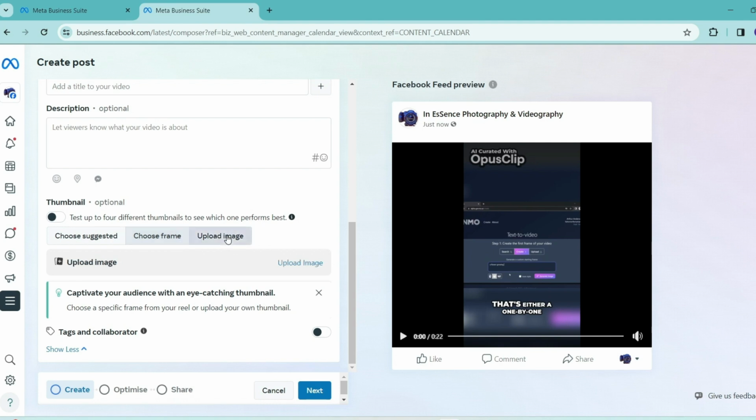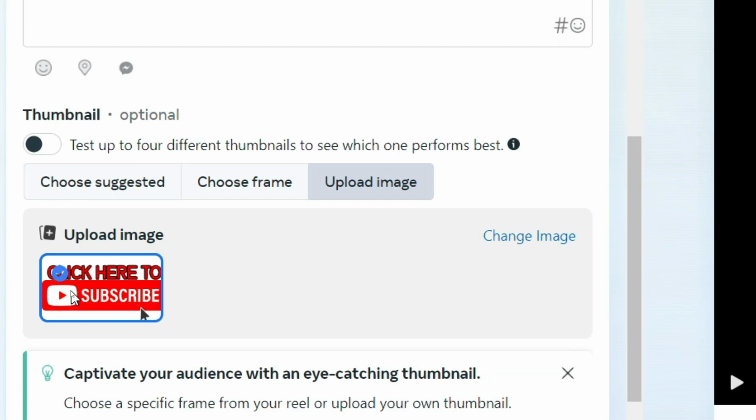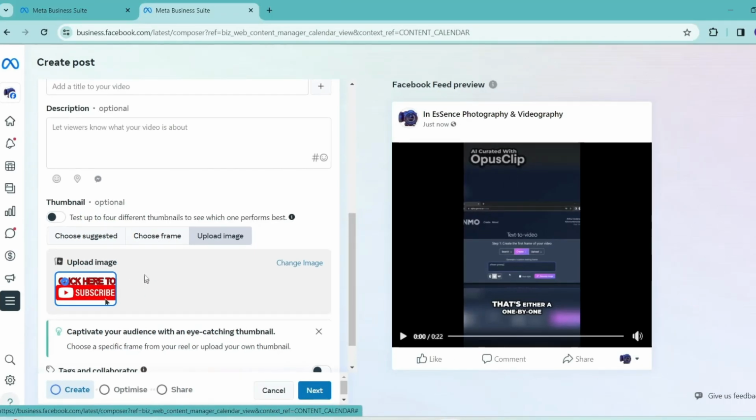And what will happen now is it'll open up your desktop. You can now choose the appropriate thumbnail from your device. As you can see right over here, I have chosen this click here to subscribe icon. And once you are done,